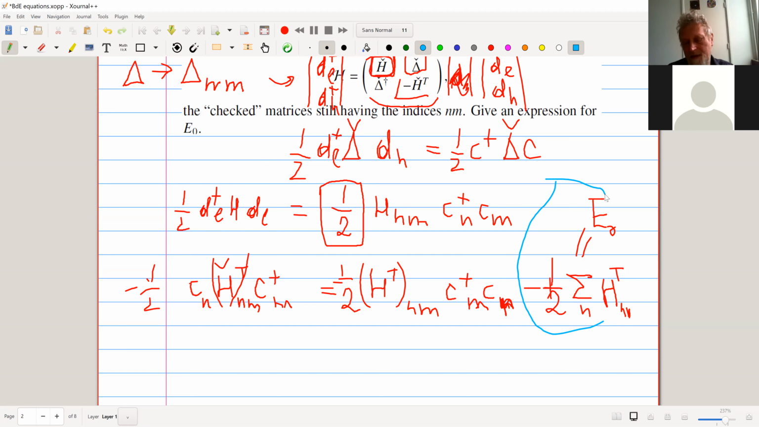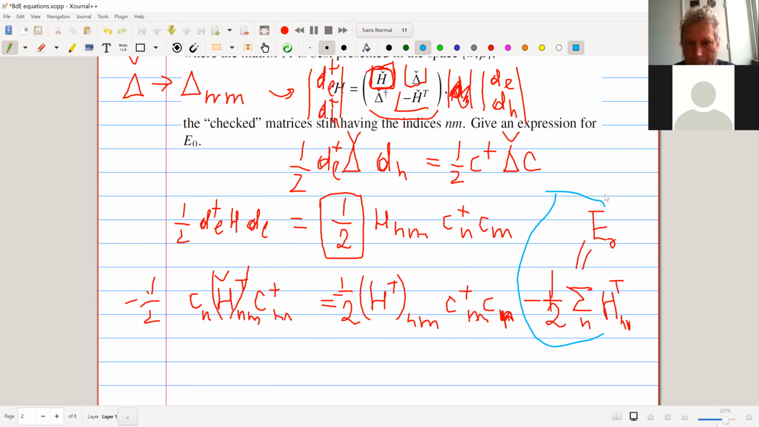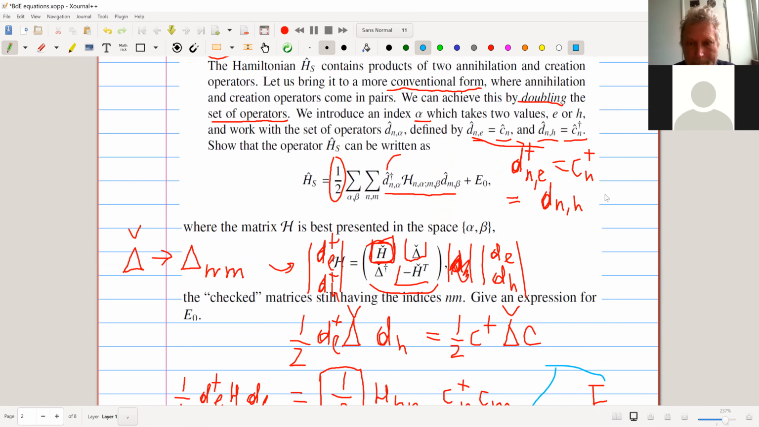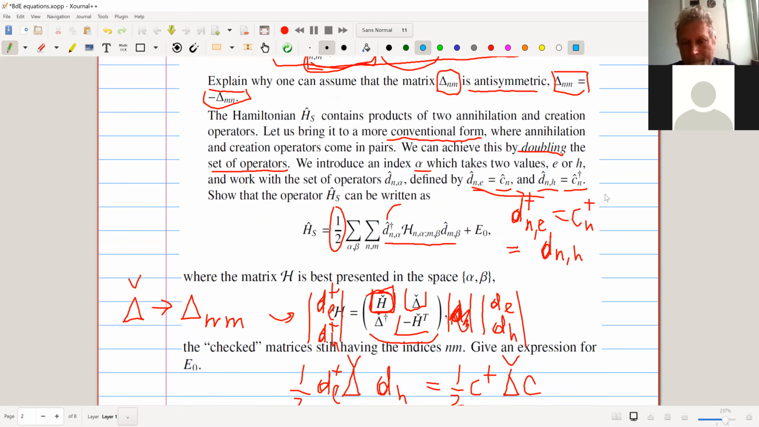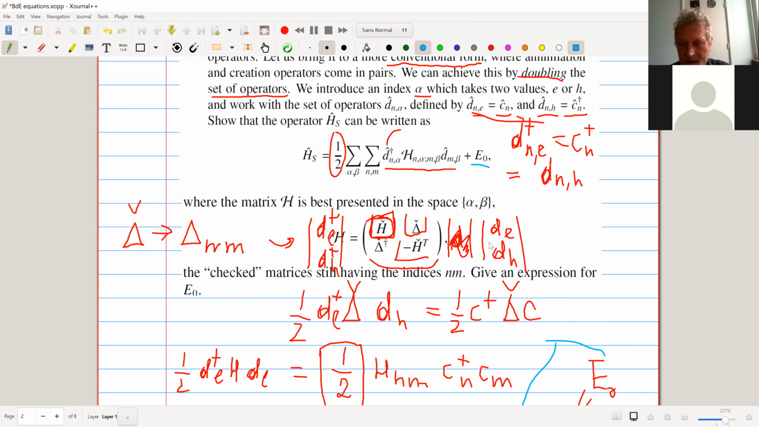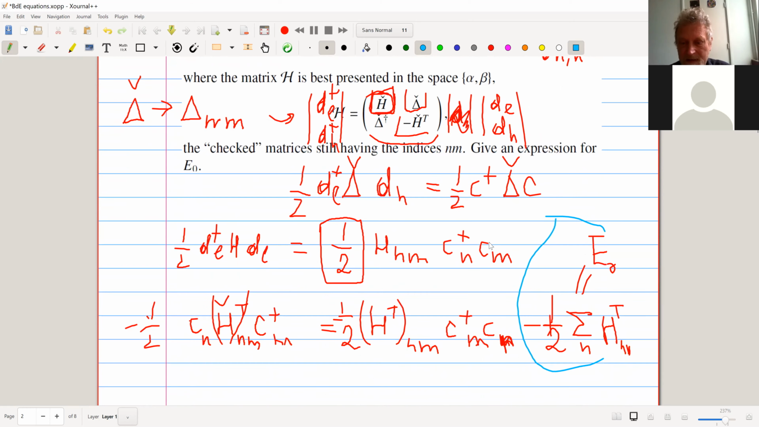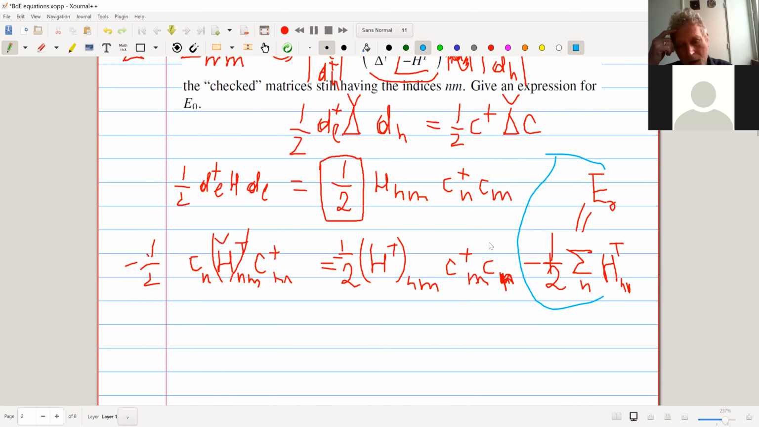Let me look at the formulation again. That E naught. Good. It's just a constant, so it doesn't rely on commutation properties of the Hamiltonian. It commutes with everything. That's why it's not relevant for any Hamiltonian. Just a constant energy shift. Right. We still have to deal with this, but anyway, what we need to do is to